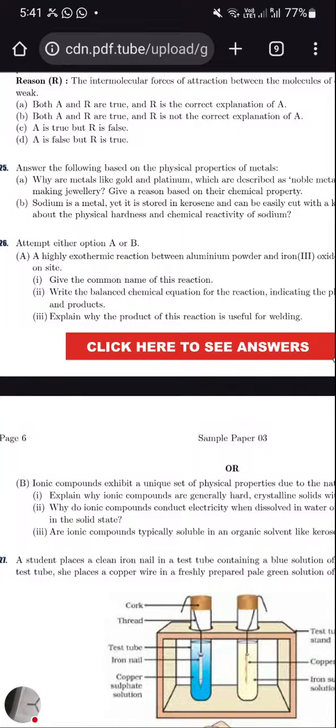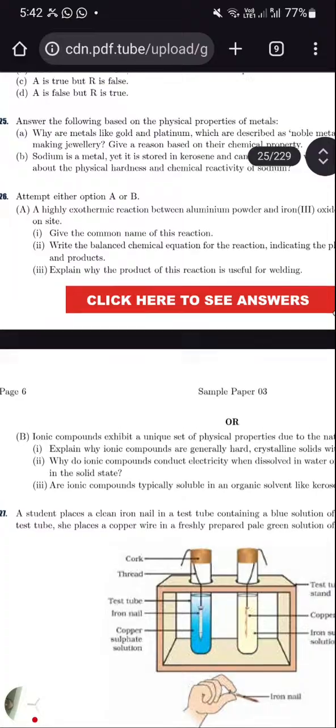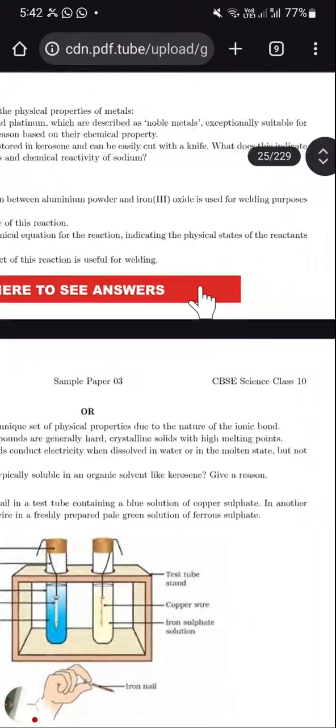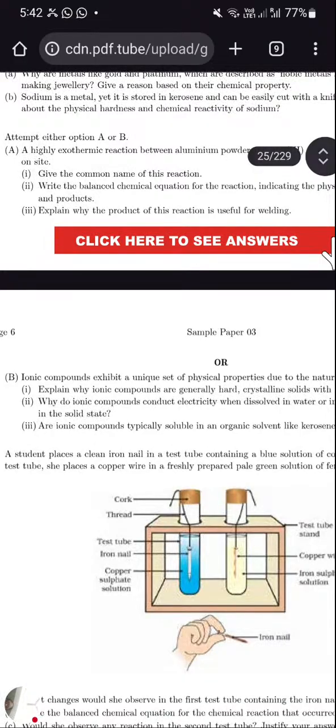Clear? Thermite reaction. So once you revise that thermite reaction, as it is important, practice it well. If you are feeling it too, write in the comment section. Okay, now the next question. Write a balanced chemical equation indicating the physical states of the reactant and product. And the next one, explain why the product of this reaction is useful for welding. As it is a highly exothermic reaction, a lot of heat is generated, which will melt the iron and thus helps